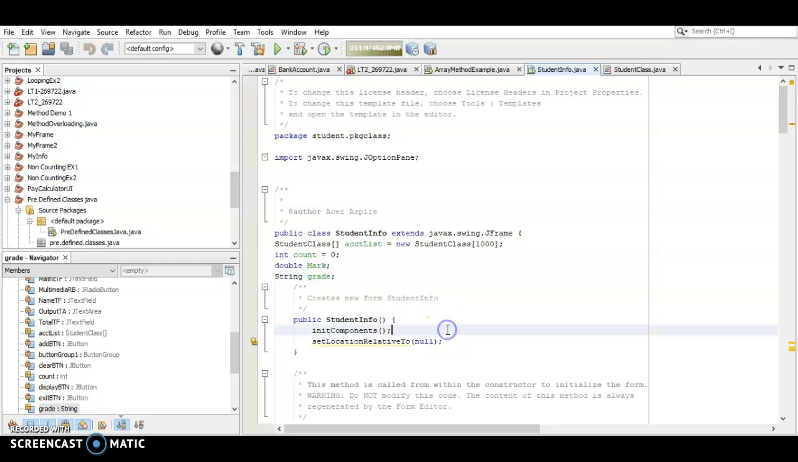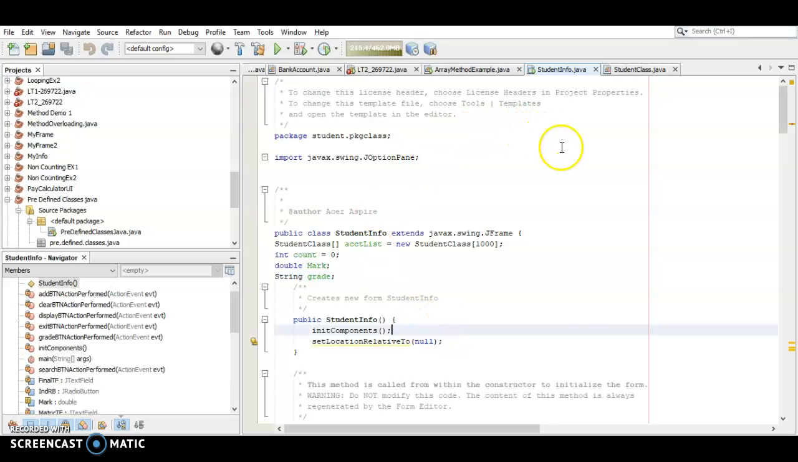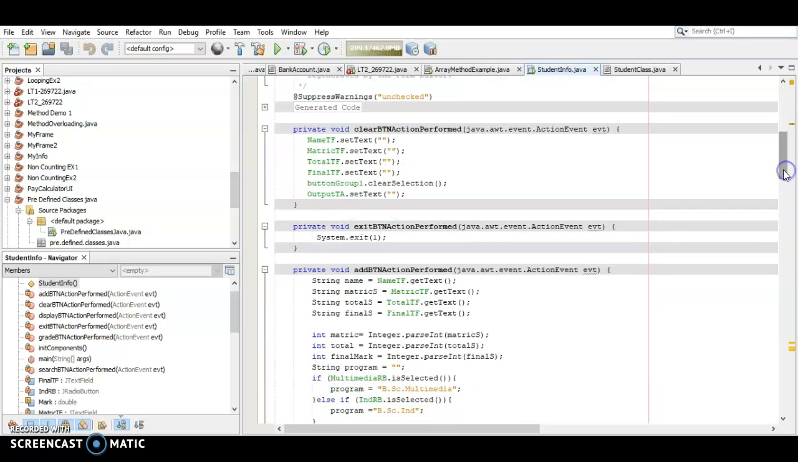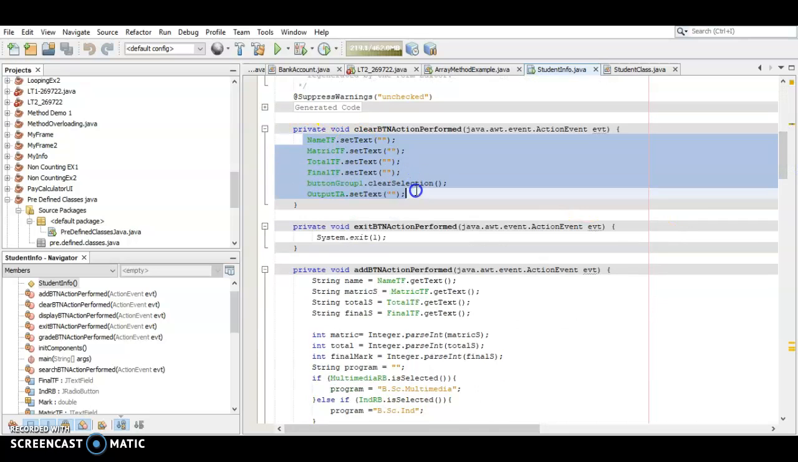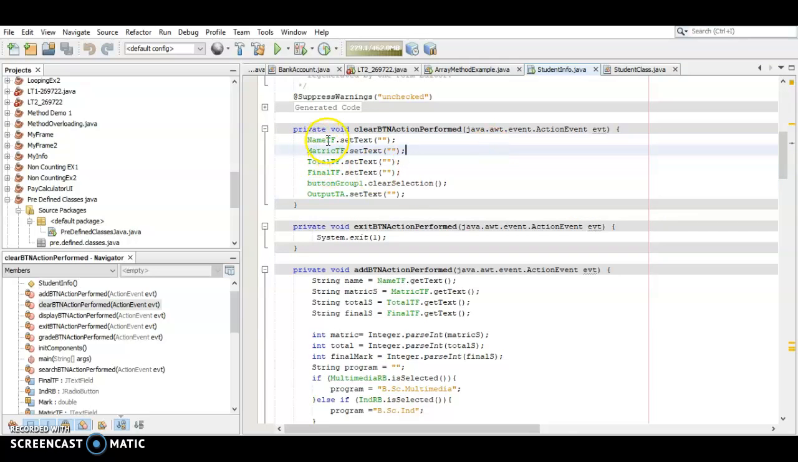Okay, to make our program appear in the center position, we wrote the coding set location relative to null. Then this is the coding that we wrote for the clear button. This name TF, metric TF, total TF, final TF are the names of the variable text fields, and this button group 1 is for the radio button, and output text area is the text area name,